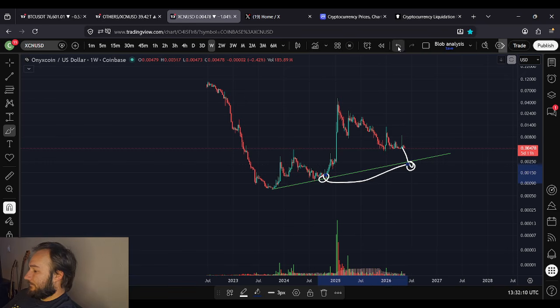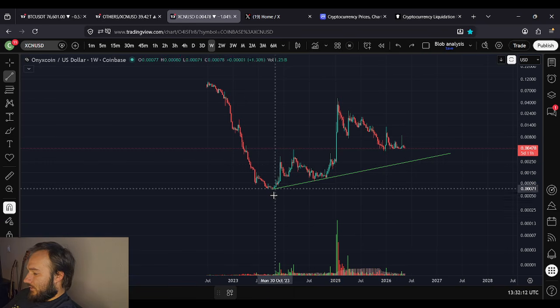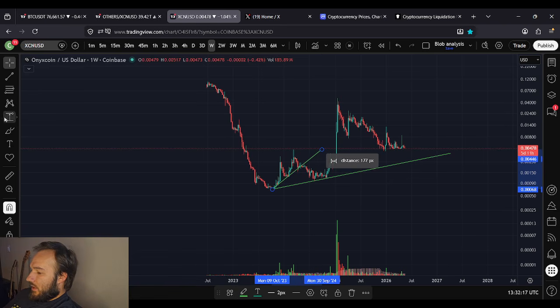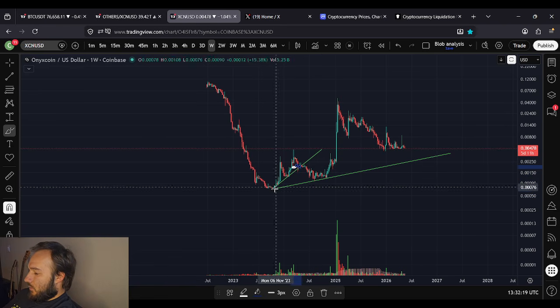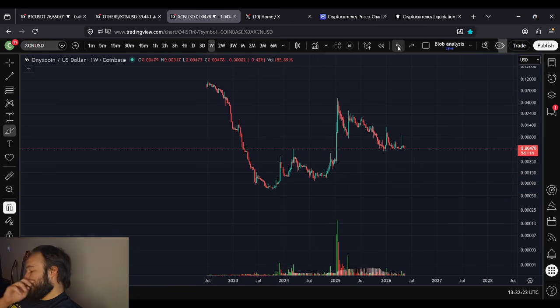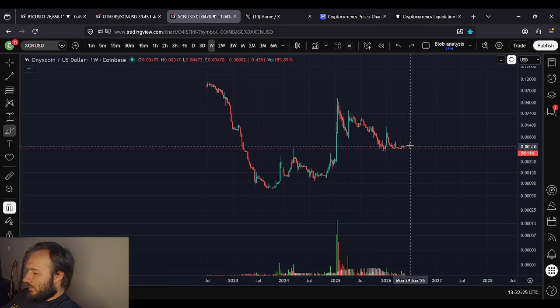That's what matters, right? For example, here, how many people thought OnyxCoin was dead when this trend line broke? And really, this trend line didn't matter. What mattered is higher low, right? That's what matters. So, anyways, I'm not making that call, though.